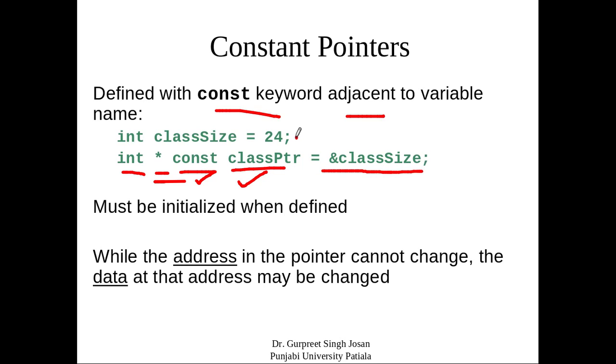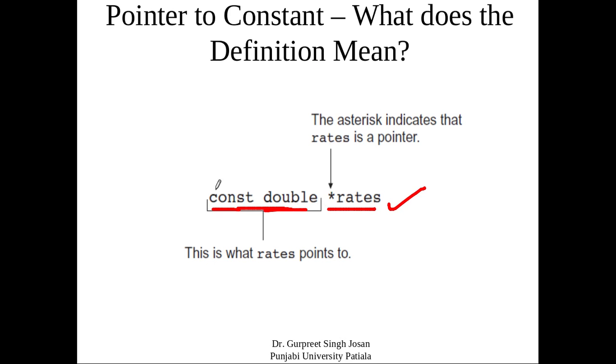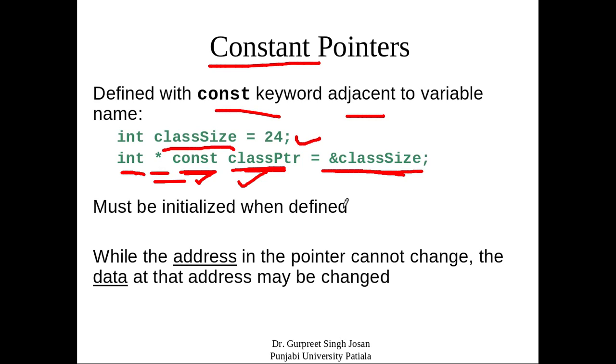I have declared a variable class size of integer type, and I am putting the address of that class size into a class pointer, and making this pointer constant. First we use the data type, then star, then the const keyword will be in between the star and my variable name. Then we are declaring a constant pointer, whereas in the other case const is at the first location and nothing is between the star and the name of the variable. So this is the difference between the syntax.